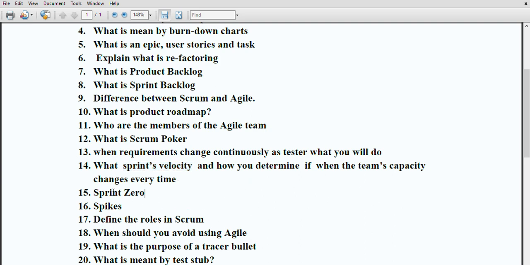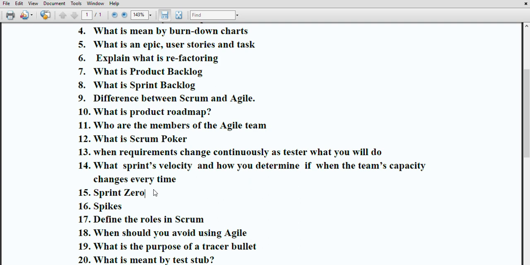Then the next question is, what is meant by sprint zero? Sprint zero incorporates undertaking some research before starting the first sprint. Generally this sprint is used at the beginning of project activity, such as setting up the development platform, planning it, the product backlog, and so forth.